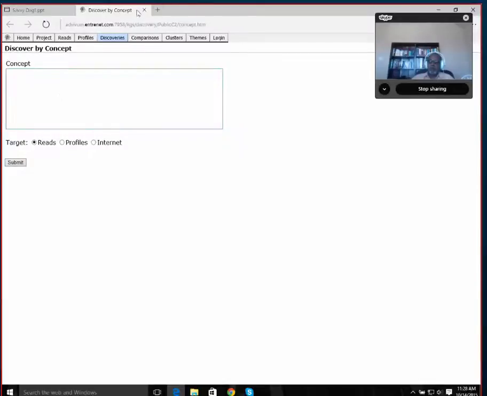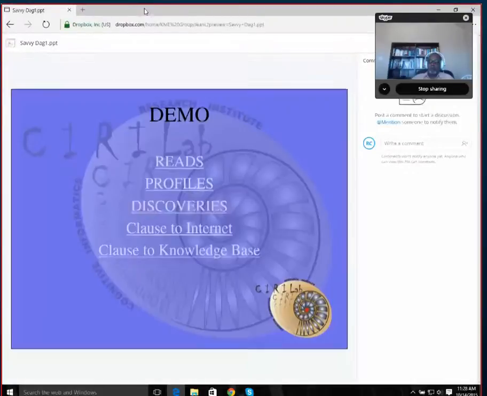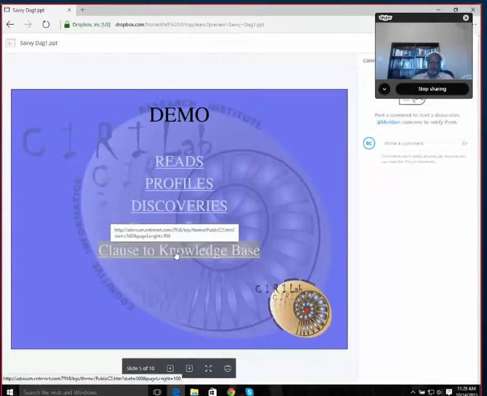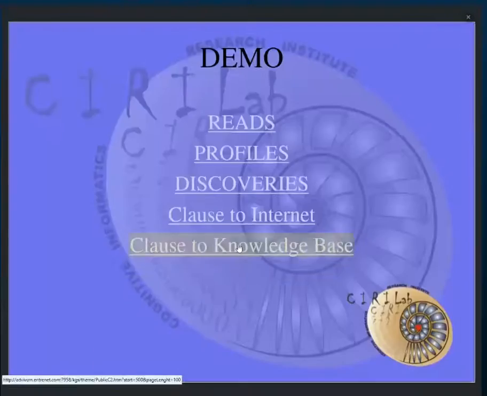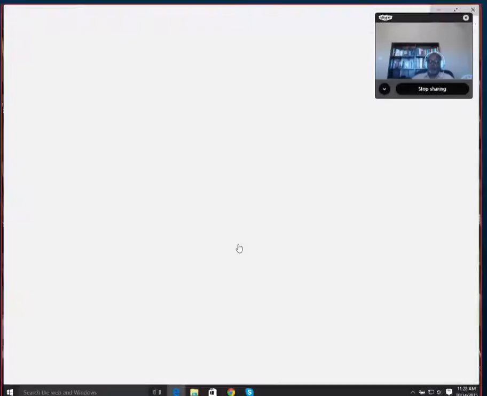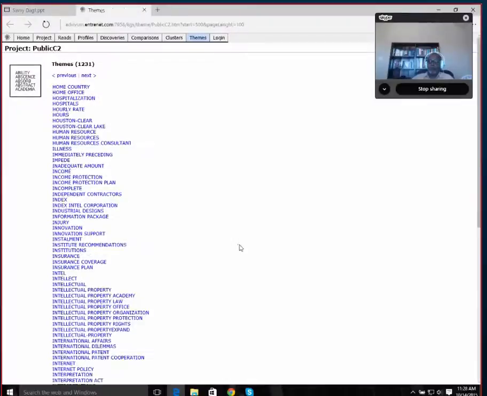So I'm going to go back now, because we want to focus on, and I'll full screen this one and say, okay, now what I'm interested in is to just go into the themes database and say, okay, my interest would be everything like intellectual property. So what we should have done, and because we're on a trial here, what I'm going to do is back up